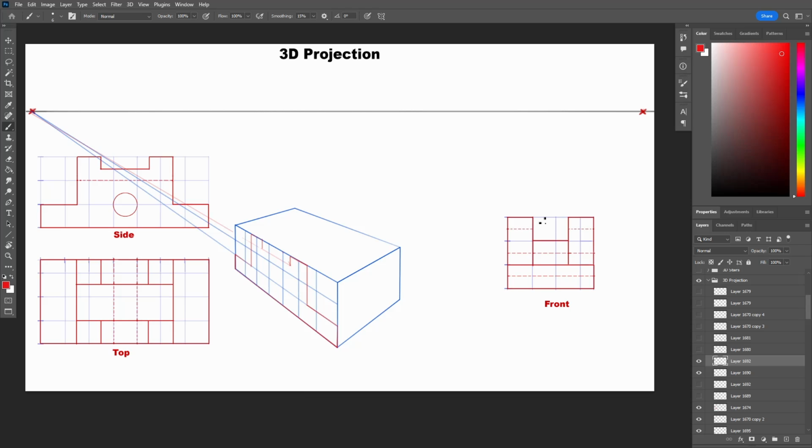Now it's time to draw the depth while observing the top and front planes. So let's divide the front side as we see it in the projection plan.